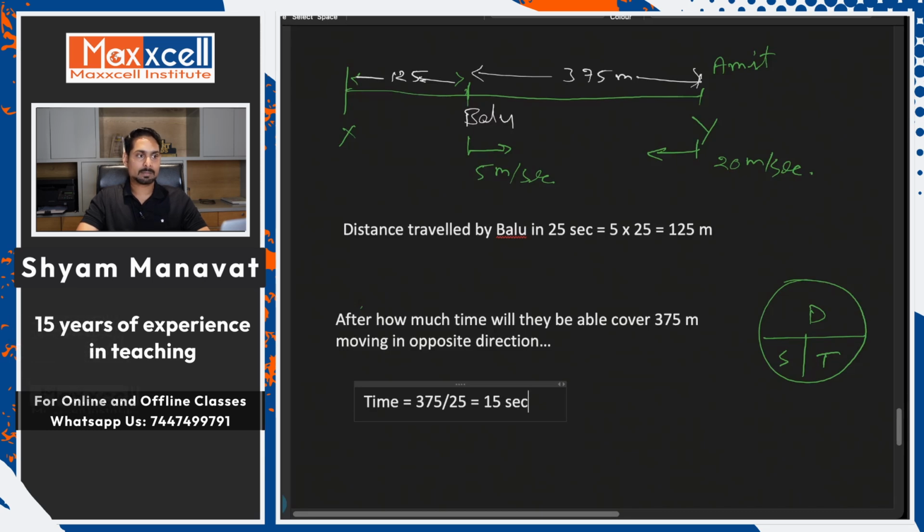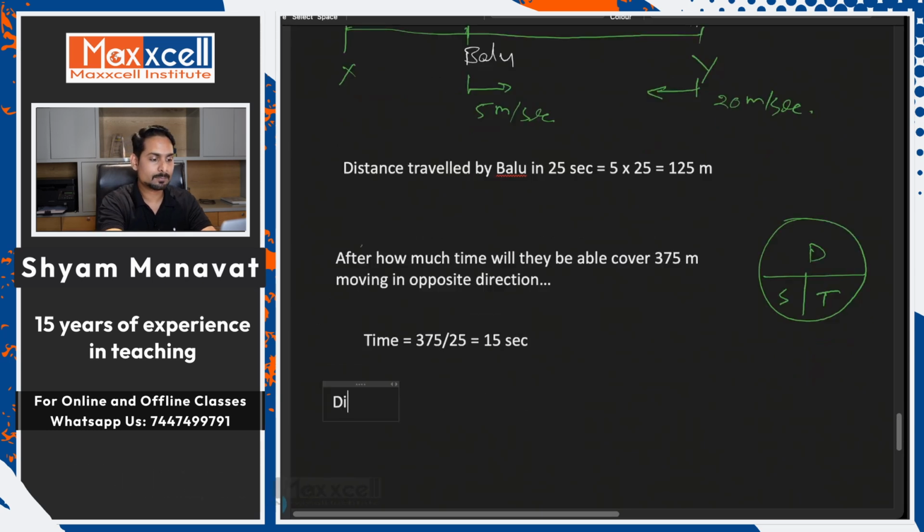So understand, this relative speed is what? 5 and 20, so 25. That means I can say the distance between them, between Balu and Amit, will decrease,